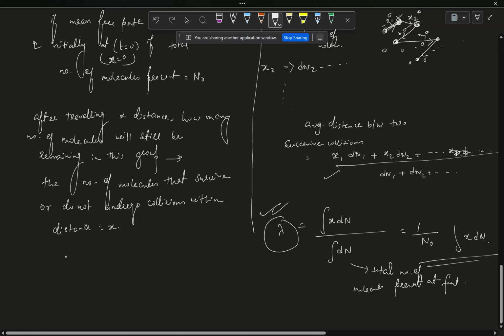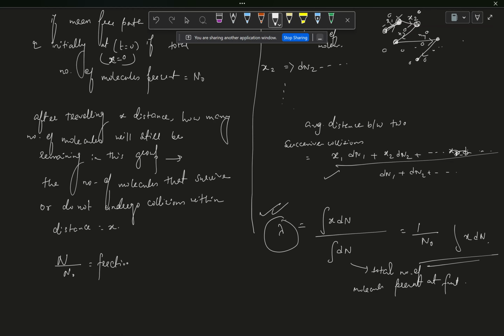So then we can say that the fraction of molecules is n by n naught, the fraction of